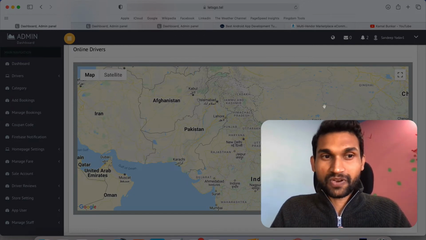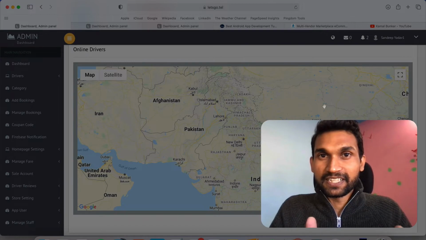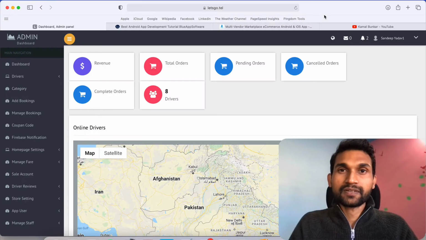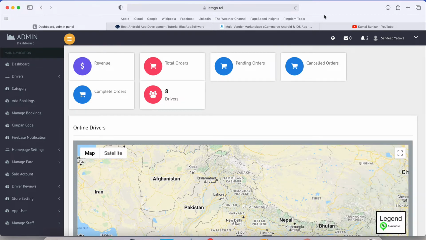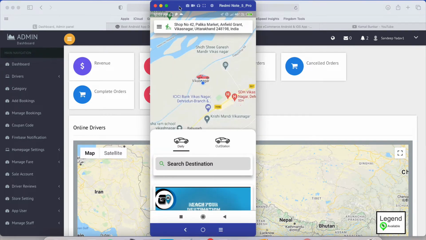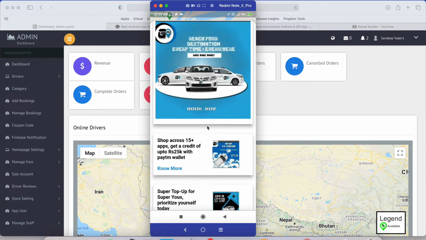So let's first talk about the city range, how you can make it. Now I am going to show you a live example. I have built one taxi booking app for one of my clients, and we have implemented the same feature in this app. Let's see how it looks, and then we will add the city from the admin panel. First, you can see this is one simple app. It looks like the Ola app because the customer requirement is to build an app the same as Ola, so we tried to build it like Ola.